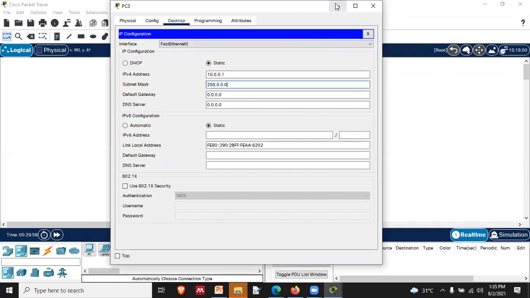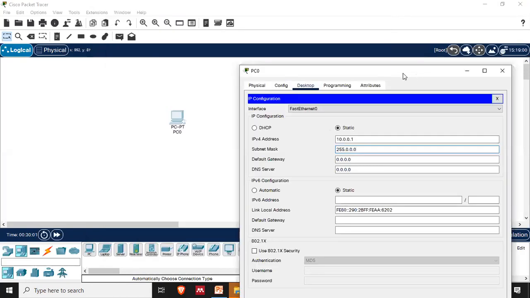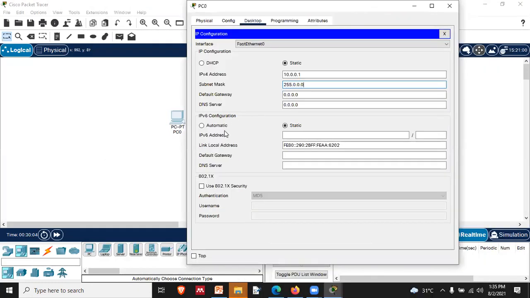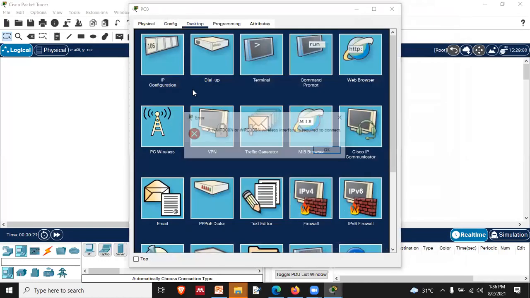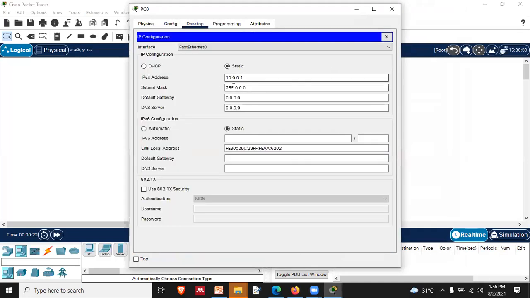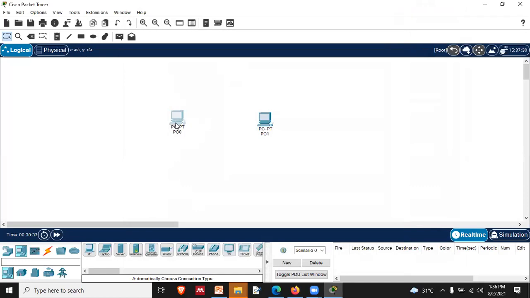So what is that error talking about, that no functional port? No functional port is associated with, you have not assigned the IP address till now. You have not assigned the protocol till now, right? So once that IP and protocol is assigned to this node, then it will work absolutely fine. Let's check it out. I'm just going to check whether the IP is allocated or not. We can see over here that the IP which we have given, 10.0.0.1 with subnet mask 255.0.0.0, is being accepted by the PC0, right?